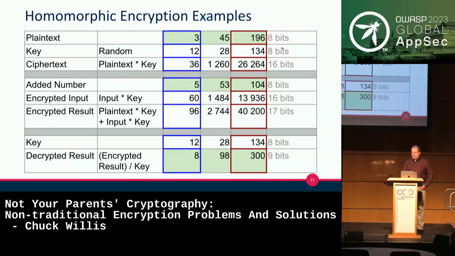What you will notice is that this is all done with standard unsigned integers. As you multiply two 8-bit numbers together, you end up with 16 bits of possible numbers, so it expands and contracts the number of data bits that you can have. You can look at the red item here on the right, where we actually end up using 9 bits. It goes above 255 when you add 196 and 104 together. So that's one thing you need to be aware of if you are going to use this kind of homomorphic encryption: the range of the data, to make sure that you've got enough room for it and you don't have overflows.